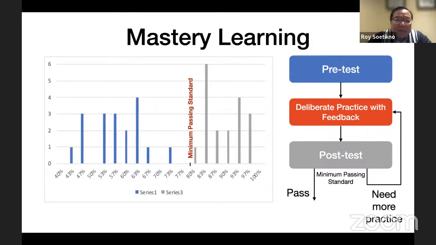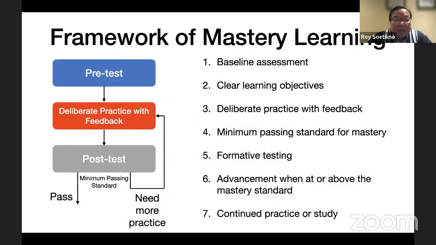Here, by doing mastery learning, we can actually ensure that everyone is on the right side of the minimum passing standard. Therefore, we assure competence. So the framework of mastery learning, Catherine has spoken about this briefly,